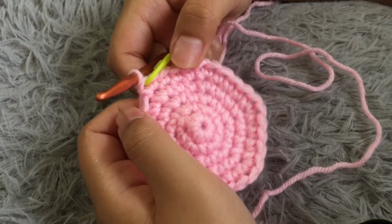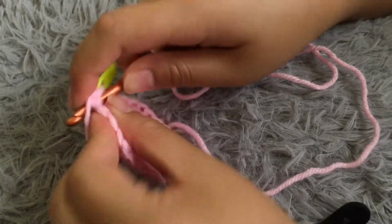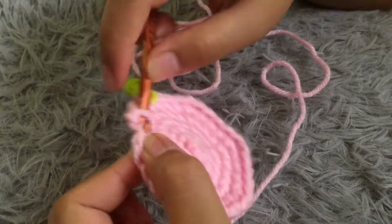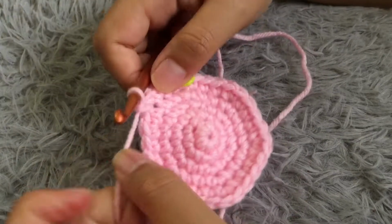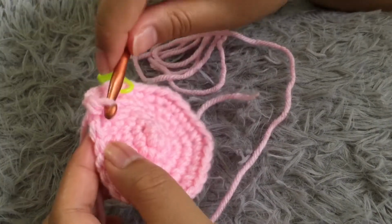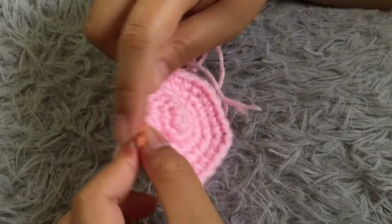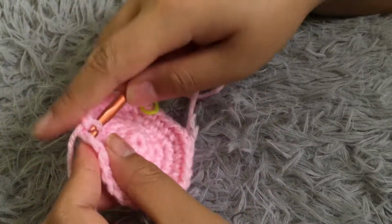Okay, so for round 6, we're going to start off by single crocheting into the next 2 stitches. And then you want to increase into that 3rd stitch. And that is the first part. So for the next part, we're going to single crochet into the next 4 stitches. And then we want to increase